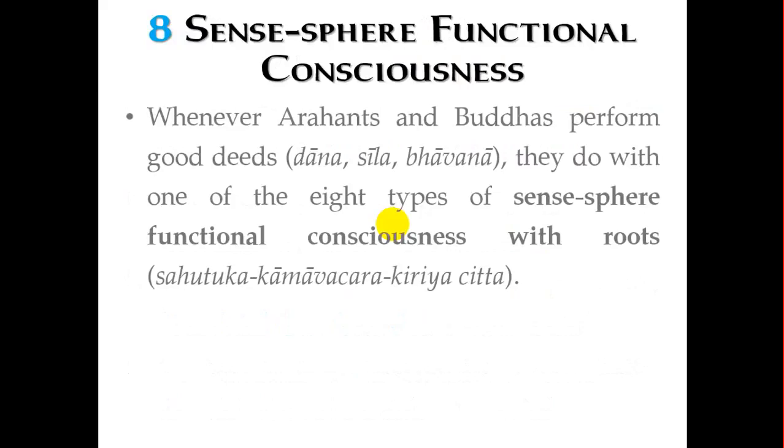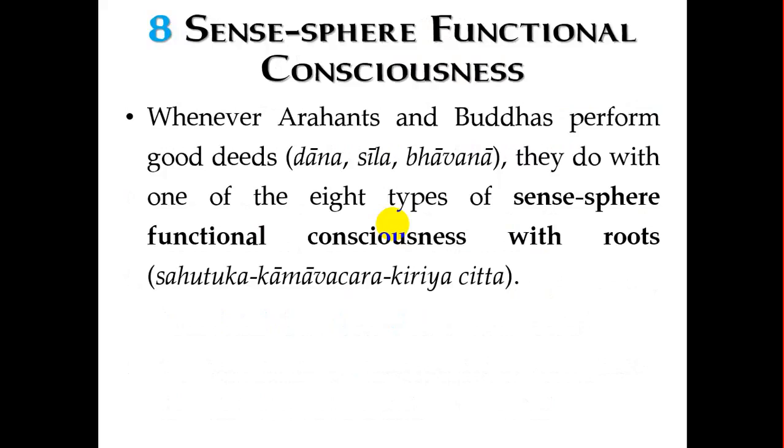Sense sphere functional consciousness. According to Abhidhamma, whenever Arahants and the Buddhas and also Pacceka Buddhas perform good things such as dana, sila, bhavana, they will do so with one of the 8 types of sense sphere functional consciousness. That we have mentioned earlier. So it is with the roots,